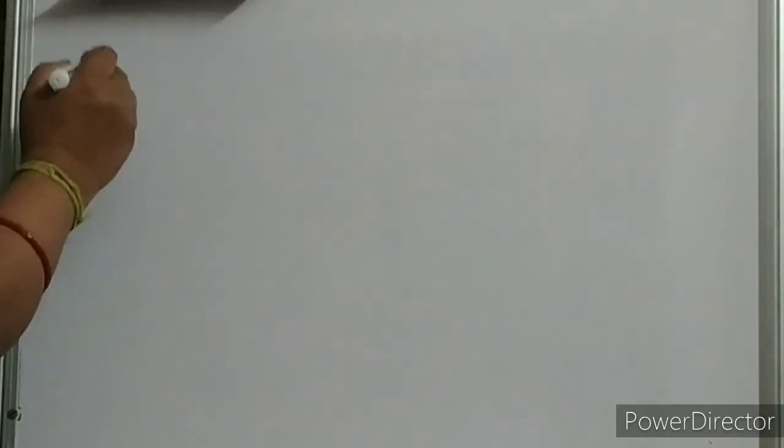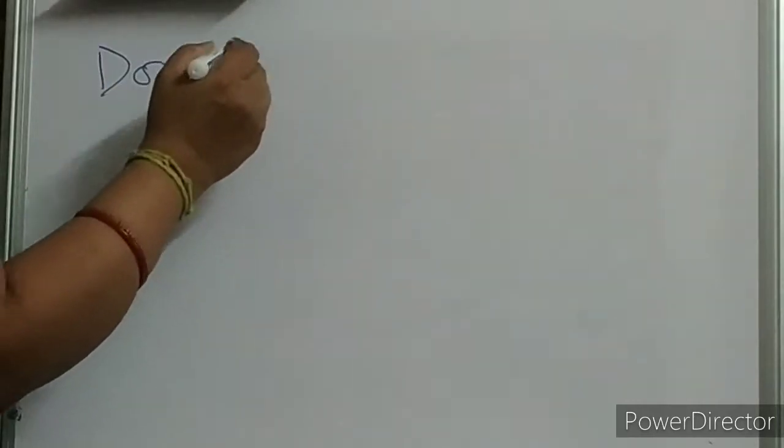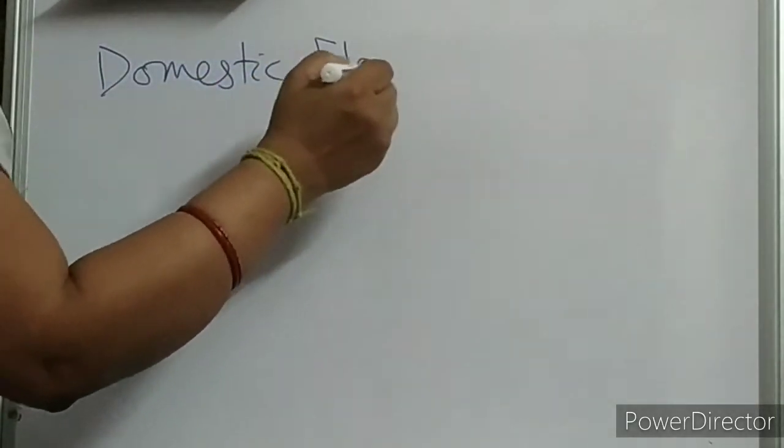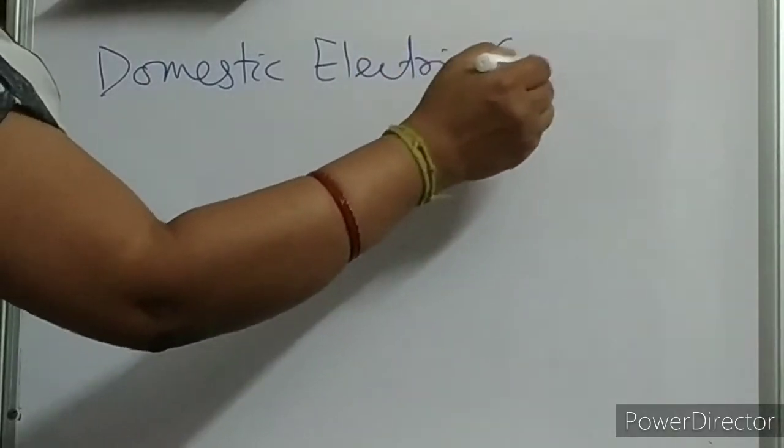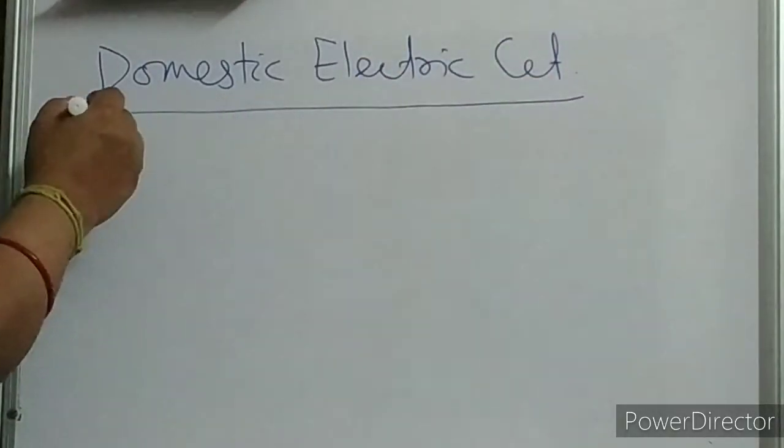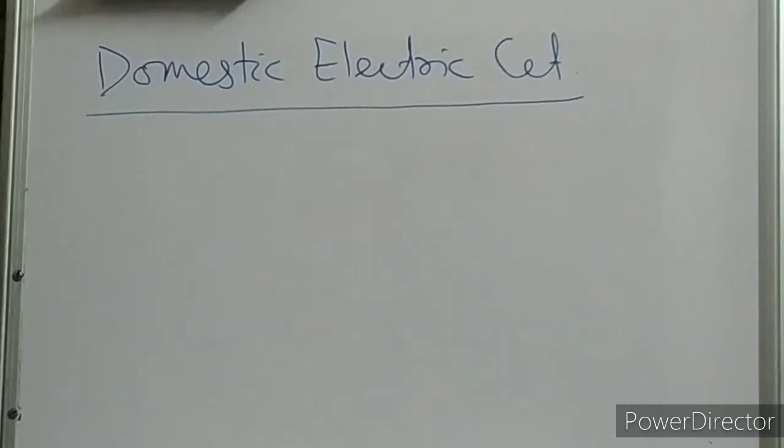So coming back to the studies, we will discuss today domestic electric circuit. In the last lecture we discussed DC motor and DC generator. Hope you have understood, because once AC generator is clear, then DC generator is much easier. So we start with domestic electric circuit. Just read it as a story, then you will not feel bored.